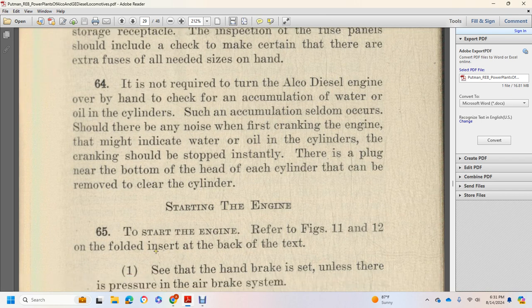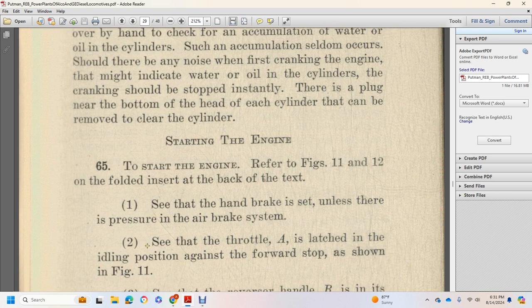To start the engine, refer to figures 11 and 12 on the folder insert at the back of the text. See if the handbrake is set, unless the pressure of the air brake system